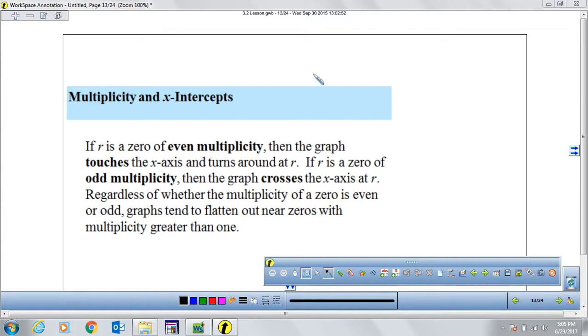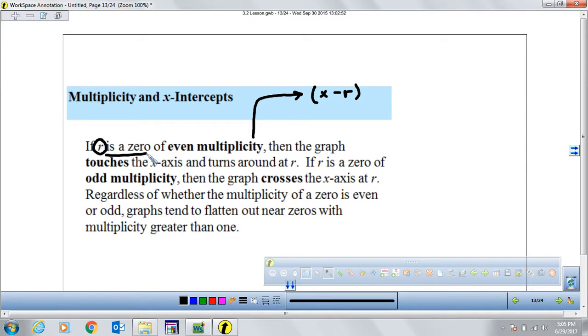So, basically it tells you this: if a factor or a zero has even multiplicity, meaning that, for example, this is the factor x minus r. If I solve for x, remember you get x equals r, which is what it's saying here. If r is a zero, so if you have a factor of even multiplicity, meaning that it is going to repeat an even number of times. For example, I can see the factor being repeated 2 times, or 4 times, and so on and so on. So when the factor repeats an even number of times,